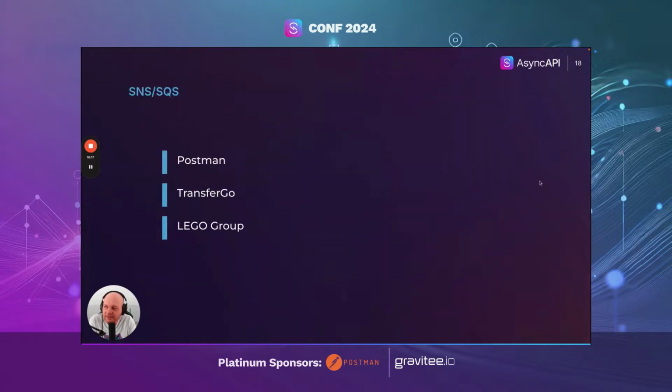Looking at the list, I think the most interesting is to see Lego, which not as the name of the company, but you're gonna see Lego also on another slide for Apache Pulsar. So you also see something that we talked about many times in our community, but we never had a confirmation, of course, from production, because sometimes people were questioning, would I really use an AsyncAPI document for two different protocols?